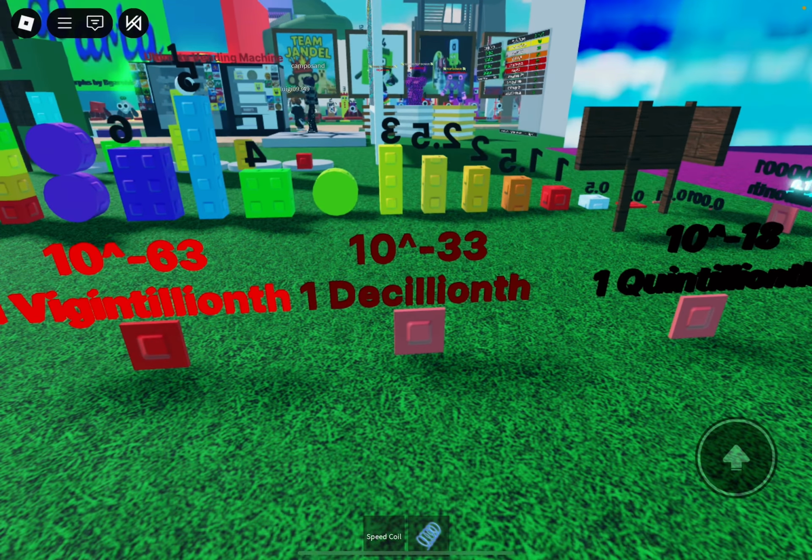13, 14, 15, 16, 17, 18, 19, 20, 21, 22, 23. Okay, yeah, that's 23. 24, 25, 26, 27. Also, 27 can be a cube. This was shown in the actual show, actually. Also, this show is called Numberblocks. 28, 29, 30,